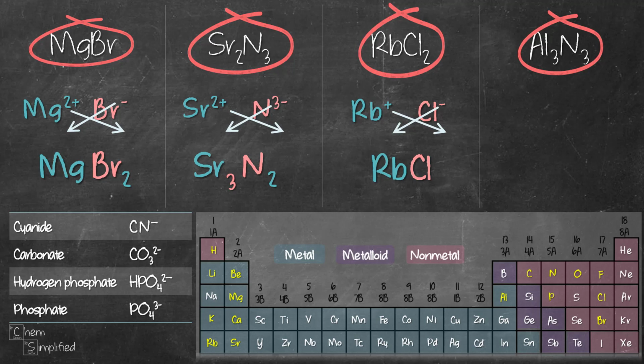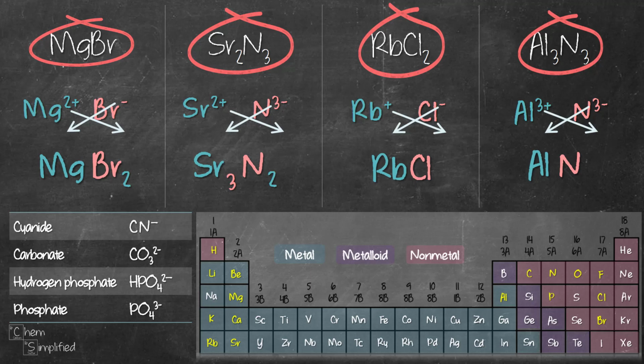And then the last formula is between Al3+ and N3-. We cross over the charges, we get Al3 and then 3 for the nitrogen. So Al3N3. Now notice that we can simplify the 3's. So in fact, we simplify them, and what we end up getting is AlN. That is the correct formula for aluminum nitride. If you want to know more on how to find the charges for all these monoatomic ions, I'll place a link in the description box below, so do check it out.